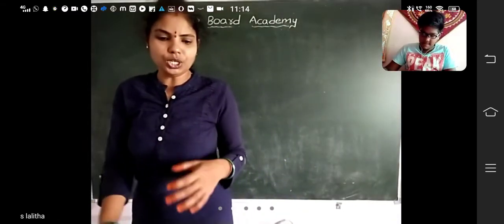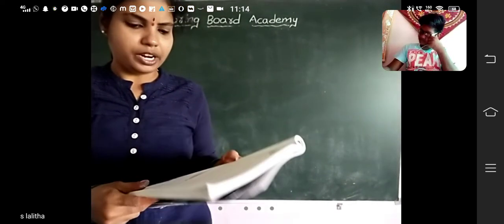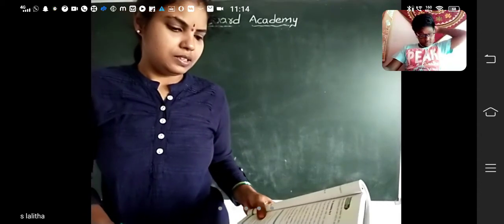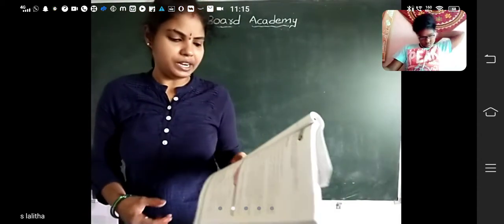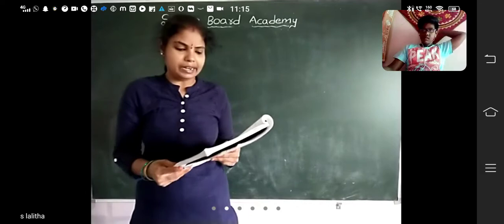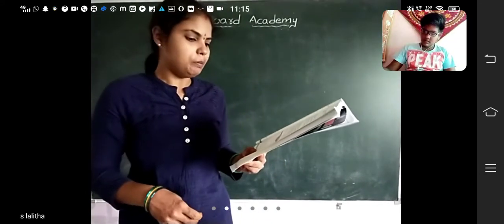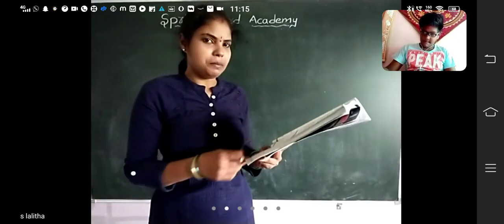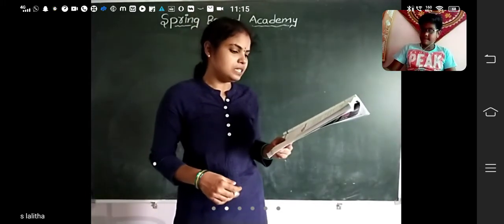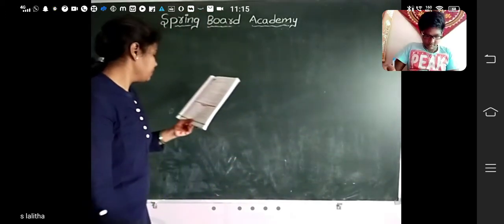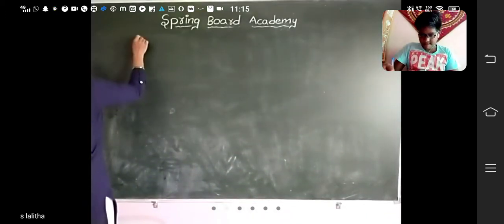Now see the second question, children. For the first Roman, fifth one, seventh one and eighth one, you can do as homework, children. Now see the second question. Determine which of the following numbers are divisible by 5 and by 10. Here some numbers are given. Check whether the numbers that are divisible by 10 are divisible by 2 and 5. So what are the numbers given here, children?